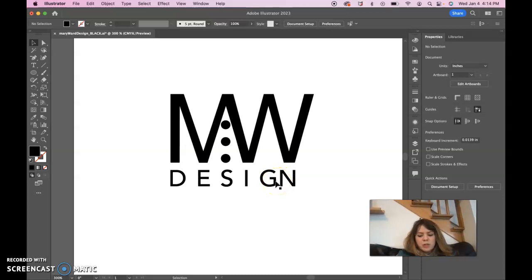So remember to push Option on your keyboard, either left arrow or right arrow. I think you'd have to push Alt if you have a Windows machine. Okay, so